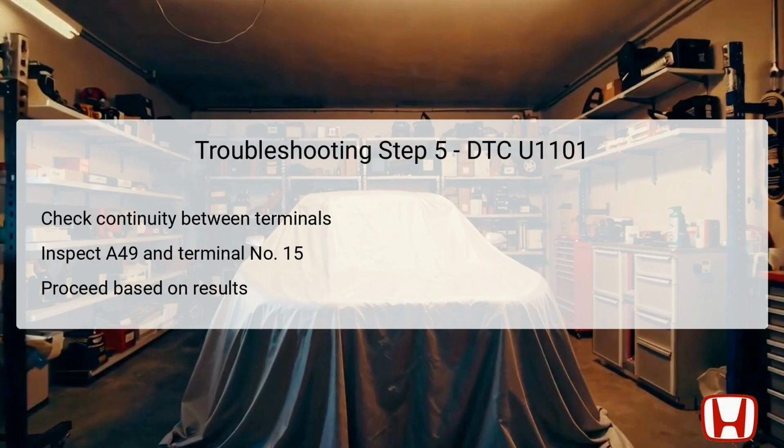Conversely, a lack of continuity indicates that there may be damage or a fault in the wiring segment between these two terminals. Depending on the outcome, this step either leads to reassurance of the configuration's integrity or flags another area requiring repair. Following this targeted electrical analysis, the technician can gather sufficient data to make informed decisions regarding repairs or replacements. Every test conducted offers insight into the vehicle's communication system status and identifies corrective actions necessary to resolve DTC